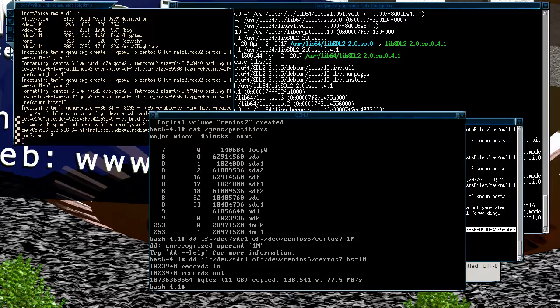So now we have our CentOS system basically set up so that well, all it's done is copy the data over. So now comes the sort of more the bit where we have to somehow convince the CentOS 6 Grub to boot the CentOS 7. So if we come out of here,